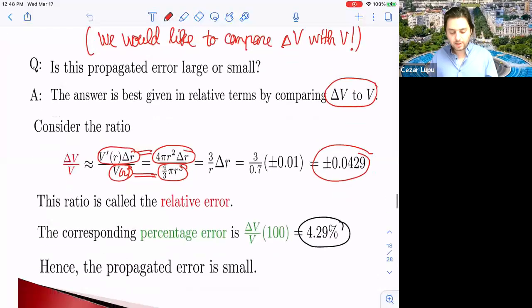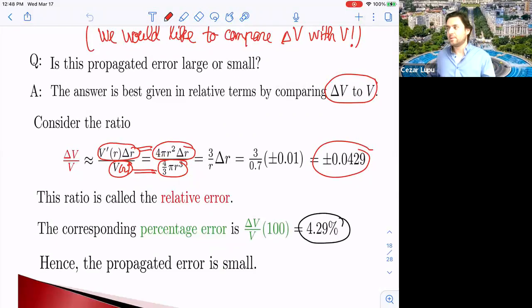So last time we had this propagation error, and we wanted to see if it was large or small. So like I said, this will be the last lecture for this chapter. In this way we will finish